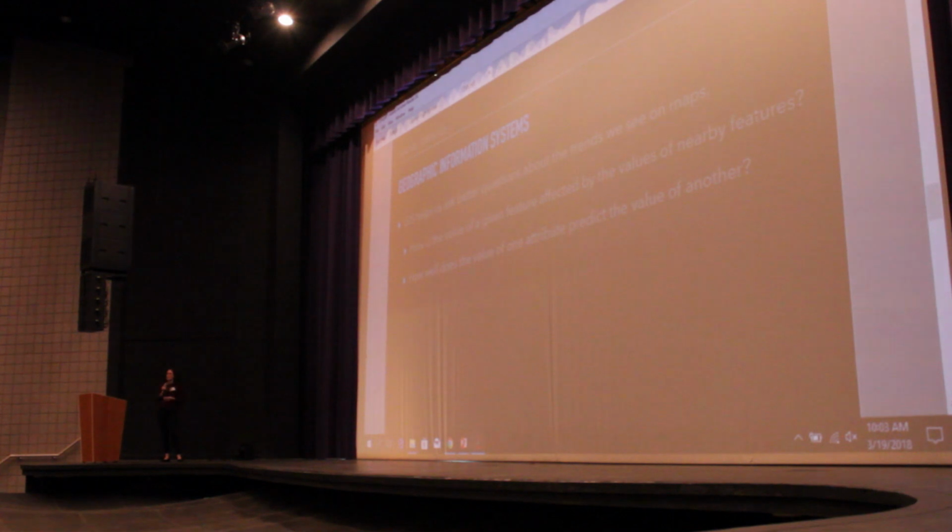So GIS can also help us ask better questions about the data that we see. We know that right now we don't have all the math that can help us answer these questions, and I think as predictive analytics becomes more and more important, the math is catching up to how we can measure that, how we can look at that spatially and on a map. One of the things that is a new and emerging phenomenon in spatial statistics is how the value of one attribute can best predict the value of another attribute, given what we know about its location and other features.